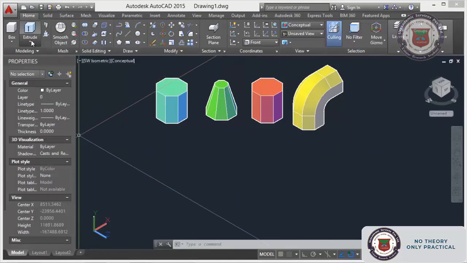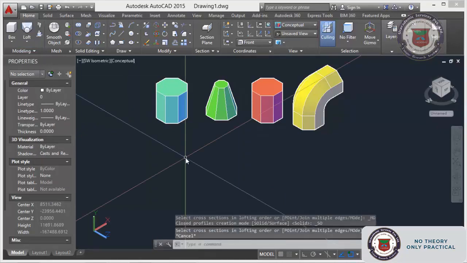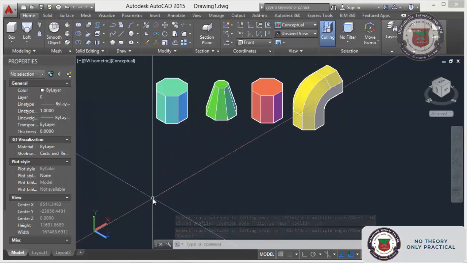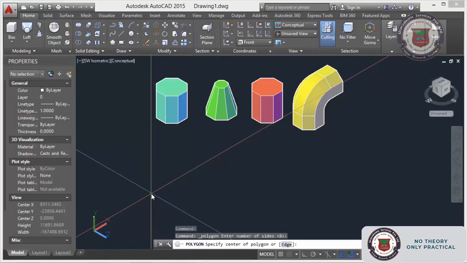Next we will go for loft. For loft we need 2D objects, so we need to make the 2D objects. We will make them a little bit different than last time. Just go for the same polygon, 8 side, enter, center.